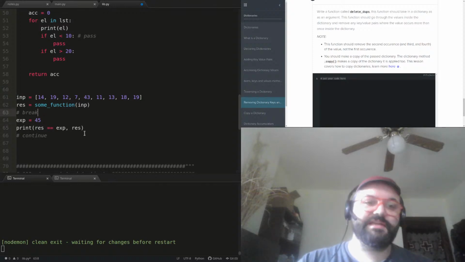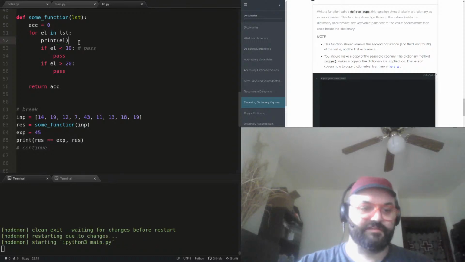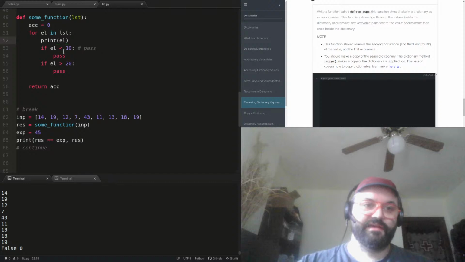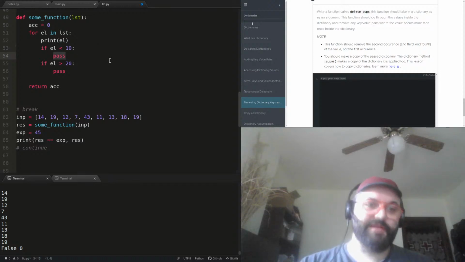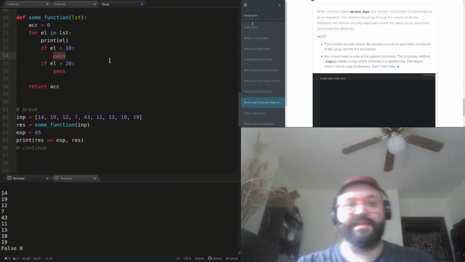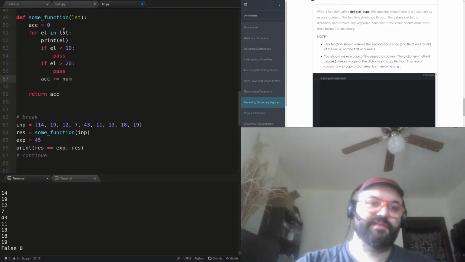So we can use break and continue to achieve this, right? In this case, I actually could use pass, but for now, let's just run it initially. We'll get this test. You can see I'm going to print out every element. I have these conditions stubbed out for me to start plugging things in. So, okay, what did I want to do if the element is less than 10? I don't want to add it. Let's write some code to add it in. So I'll say acc plus equals element. And let's call this num because I know these are going to be numbers.